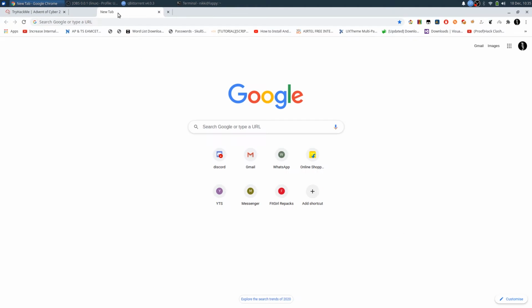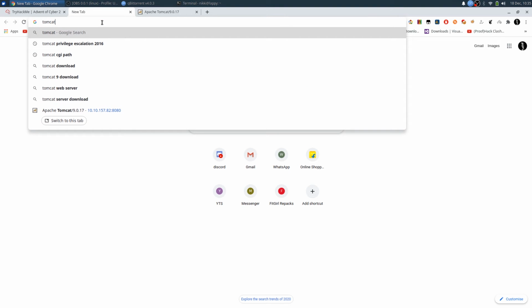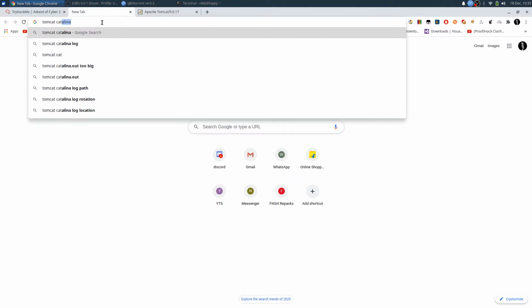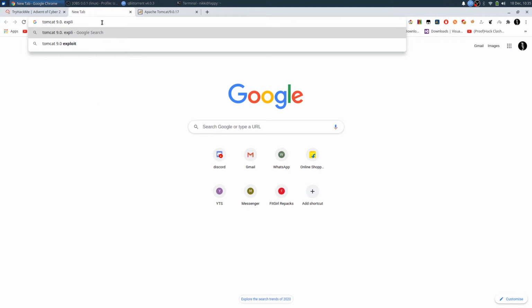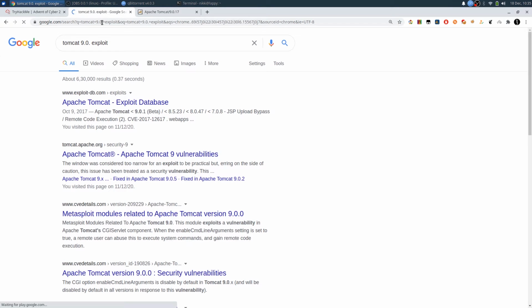We can find the exploits using Exploit-DB. So I don't have such an exploit now. So Tomcat 9.0, let's say 9.0 exploit. Let's check this one.